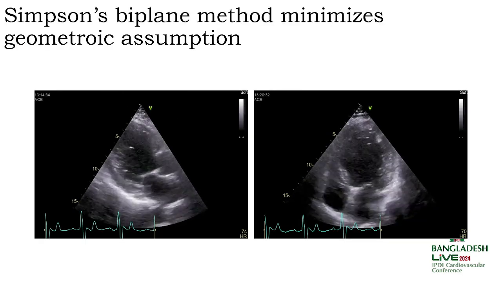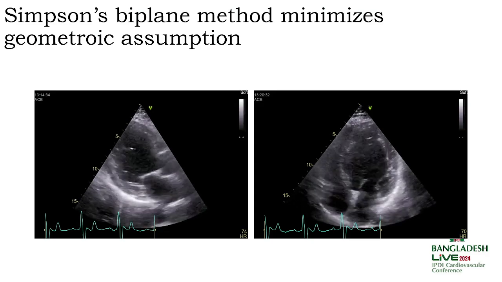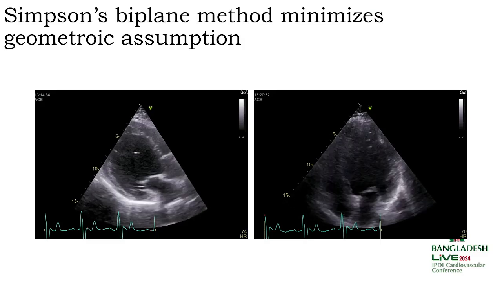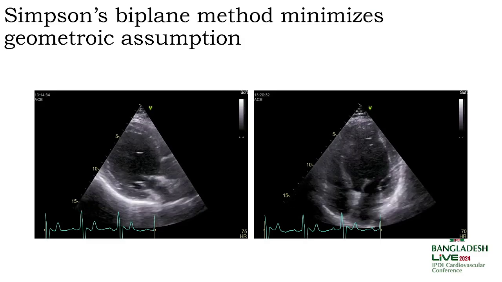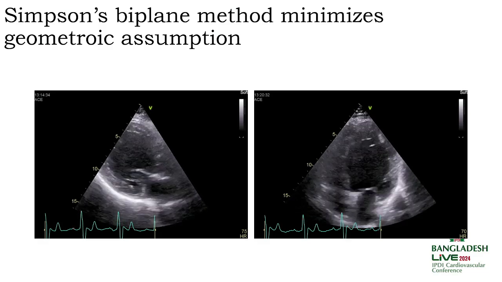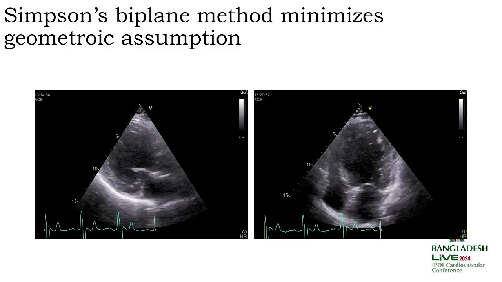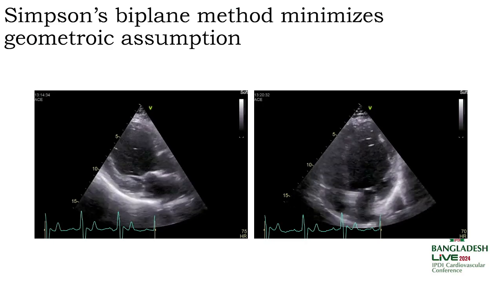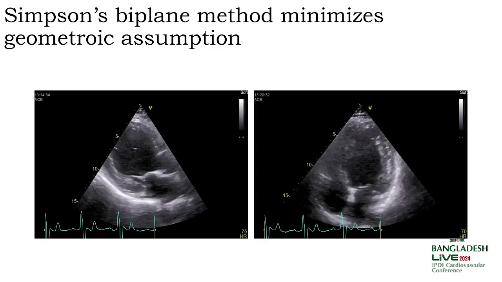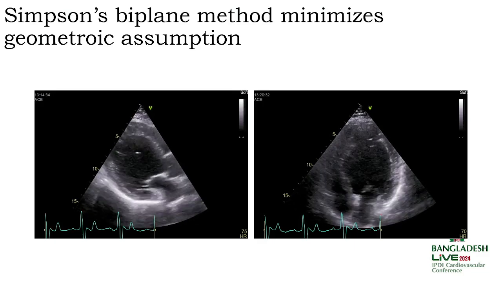But if your left ventricle is like this one, you are seeing that the anterior septum of the left ventricle is dyskinetic, bulging outwards during systole and having no systolic contraction, and the same is seen on the left side. If you apply Teichholz's method in this particular case, there will be a wrong impression of the ejection fraction. In these cases, Simpson's method may be a very good solution because it virtually avoids geometric assumption.